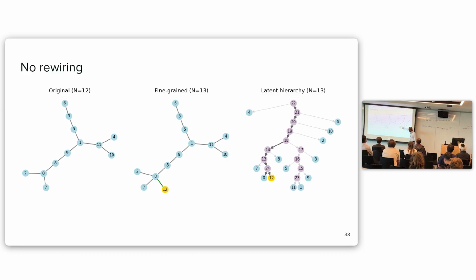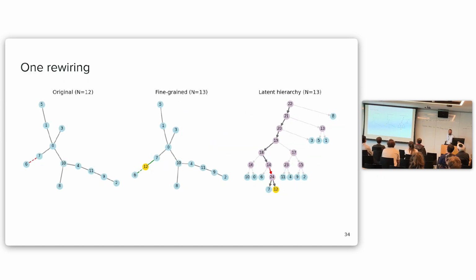And we'll end up here, in this node that was originally 7 and 0, and so we've kicked out 0, we've created a new node 24, and we now add a new node 12, which is definitely going to be attached to 0, but we didn't end up rewiring anything else. And that corresponds to a new node 12, which is attached to 0. We can also, there's some chance that something else will rewire.